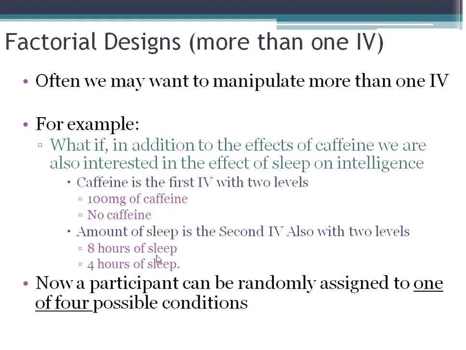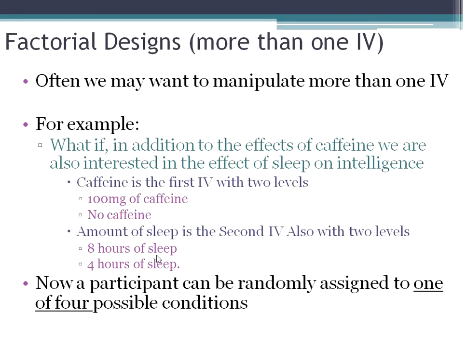And so oftentimes when we do research, we're interested in looking at more than one independent variable at a time. And when we do that, we end up having a factorial design. If you think back to the effects of caffeine example we used, does caffeine improve intelligence? We might also be interested in the amount of sleep a person got and the effect of sleep on intelligence. I'm sure as you've had experience, if you get terrible sleep or not enough sleep, you feel a little groggy in the morning and you have a hard time thinking. So it could be that sleep is another independent variable that affects how well students would perform on an intelligence